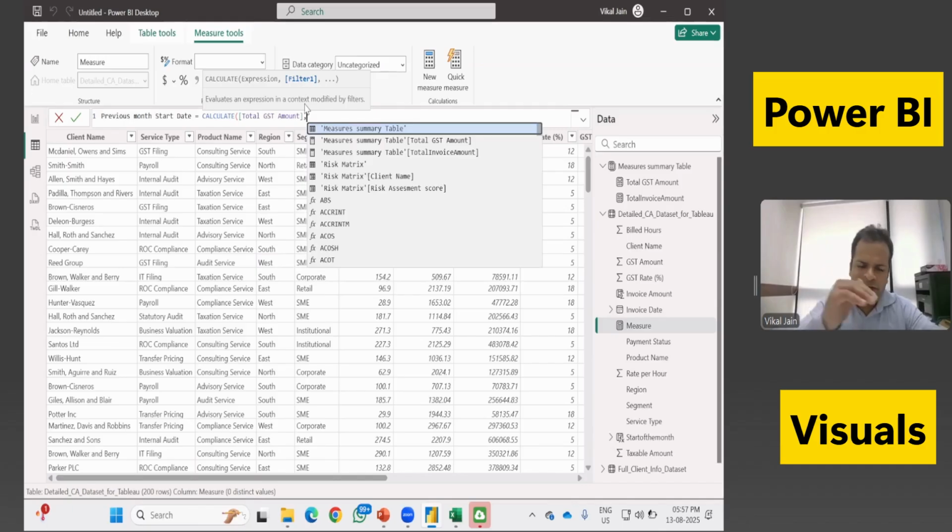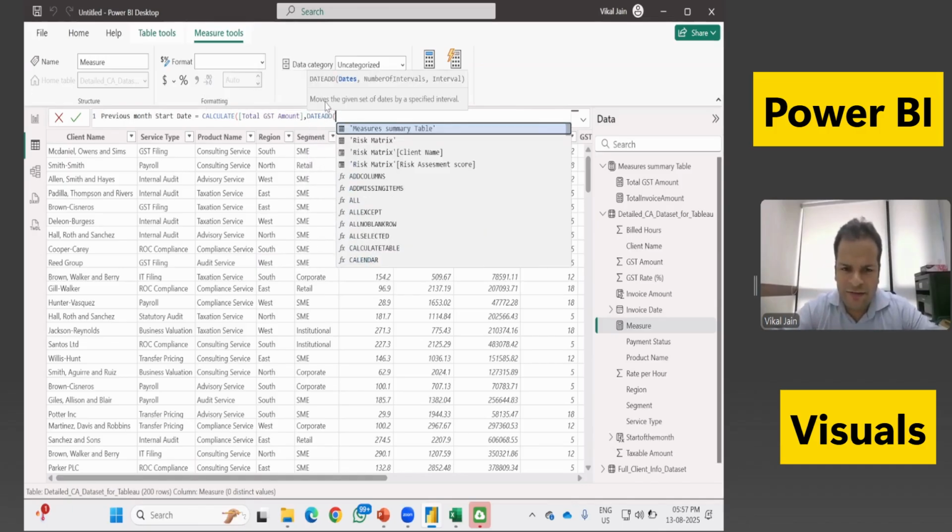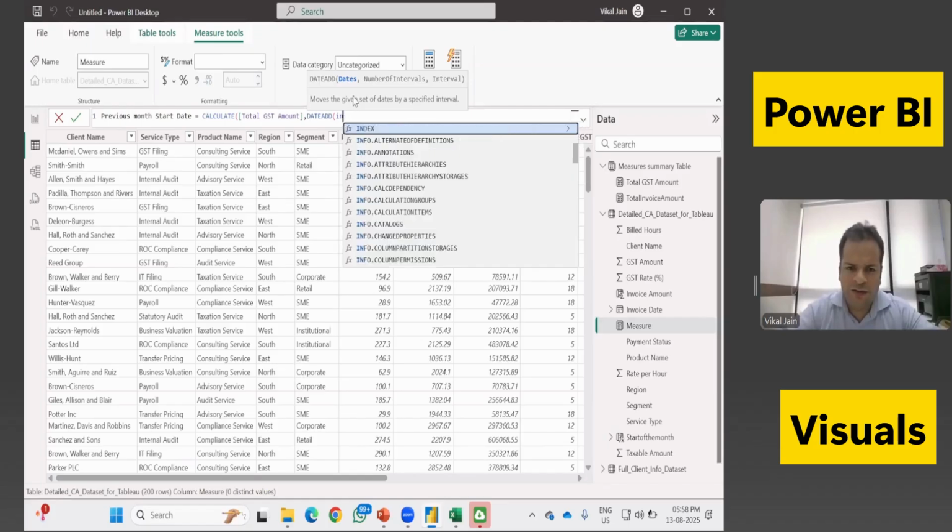For this filter, we need again a tricky function which is DATEADD. Now, what does DATEADD do? DATEADD allows you to move the given set of dates by the specific interval. This is a tricky part. Sometimes we need to cram it because we are simply fetching the transaction from the previous month for the current month. And here we have dates. Dates is nothing, just an invoice date. Sorry, start of the month,